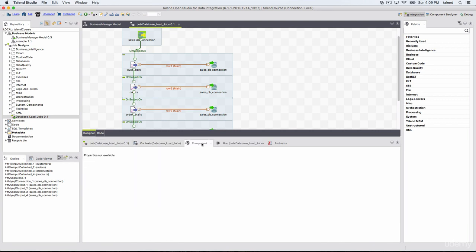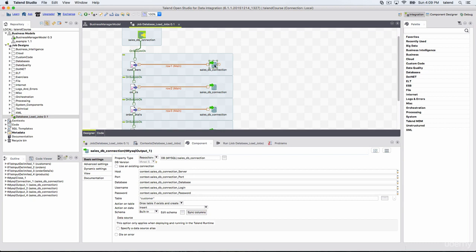Okay, so let's talk about the component, because this is the major view among all these, because you configure different components in the component view. So what does the component view do? It details the parameters specific to a particular component. And as I said, if you want to design a job and run it successfully, you have to configure it in the component view. Without configuring it in the component view, you cannot run a job successfully at all.